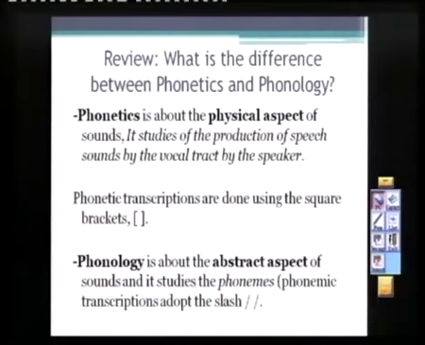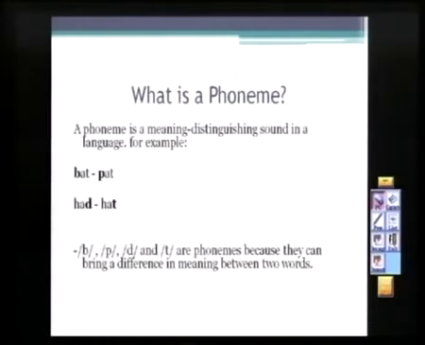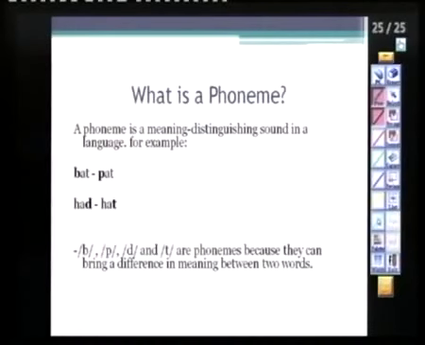Okay? Let's continue. We also talked about a phoneme. Do you remember the phoneme? We said a phoneme changes the meaning of the word. For example, let's look at these examples. You have the word bat and pat. This is a phoneme, this is a phoneme. Why? Because if you try to replace one phoneme with another, you're going to end up with totally different words. It's going to change the meaning.